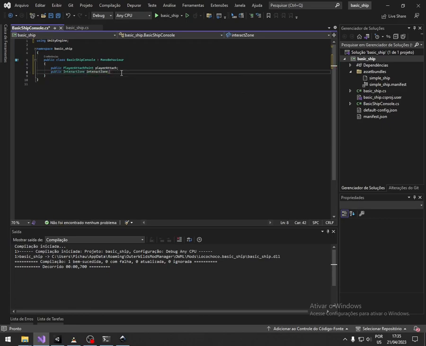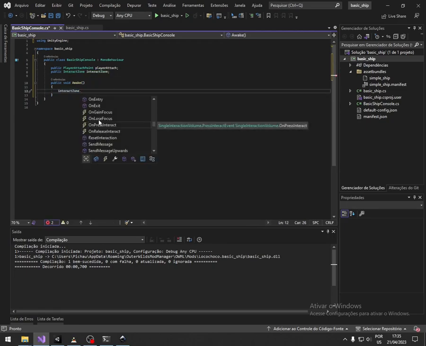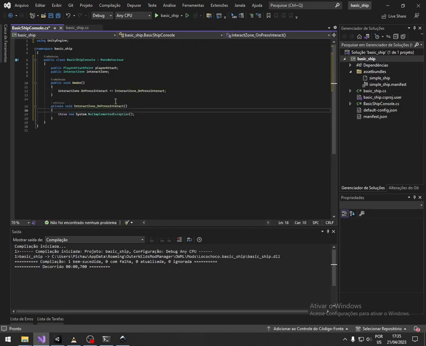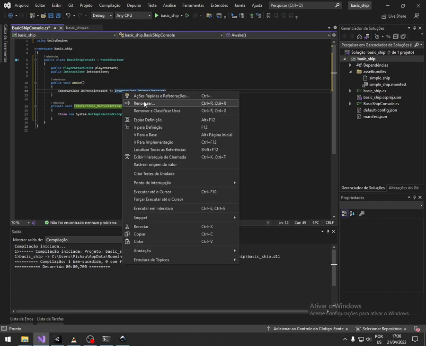Interact zone. Alright. We are going to use the fact that with Unity we can just drag these components here, so we don't need to actually get them with GetComponent on Start or Awake. So, well, first let's create our Awake method, and here we need to get the interact zone and get this event, on press interact. So just do this, and let's rename this to something better, like